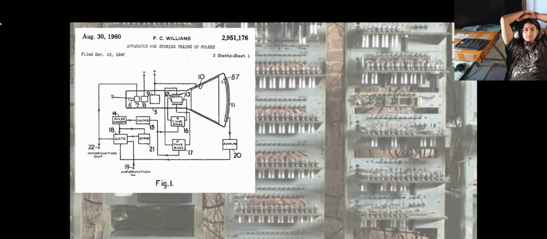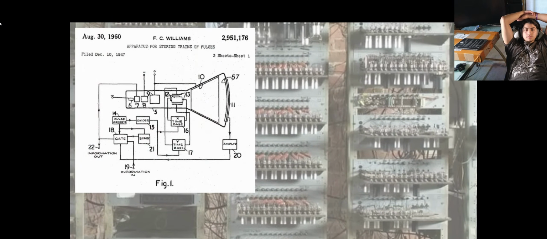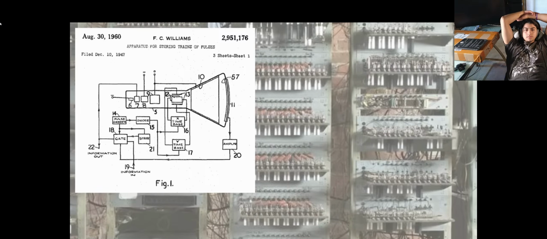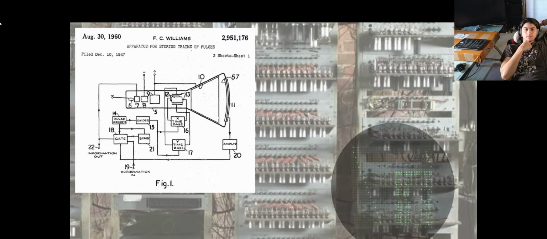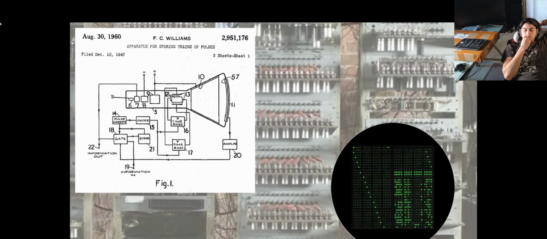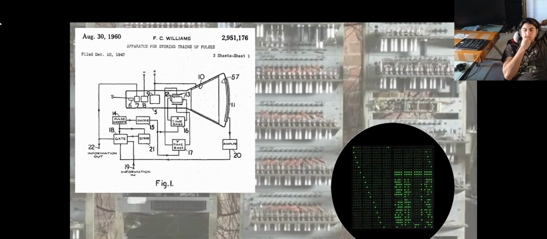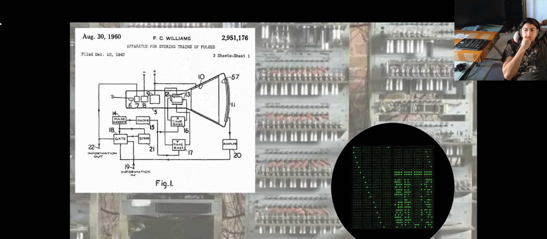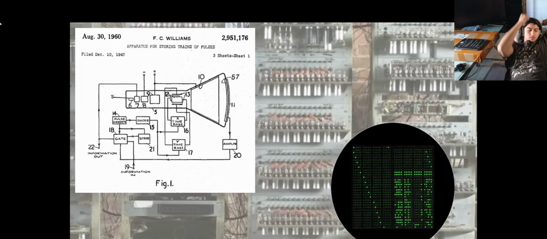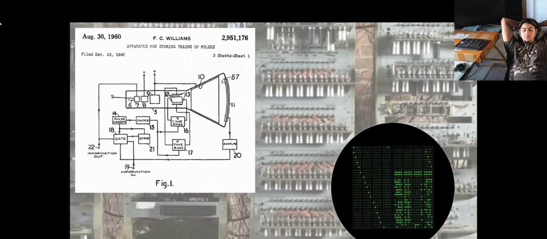Williams and Kilburn took a 6-inch diameter CRT and would trace a line from left to right, then step down a line and trace again. If they wanted a 1 to be represented there, well, the electron beam would be turned up sufficiently to make the phosphor glow. If you wanted a 0, well, you'd make sure that the electron beam was not sufficient to make the phosphor glow. So that gives us our scheme for writing. But how